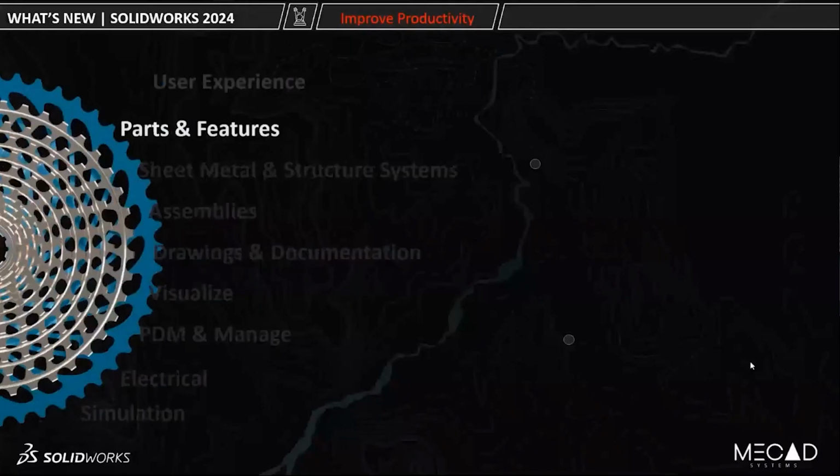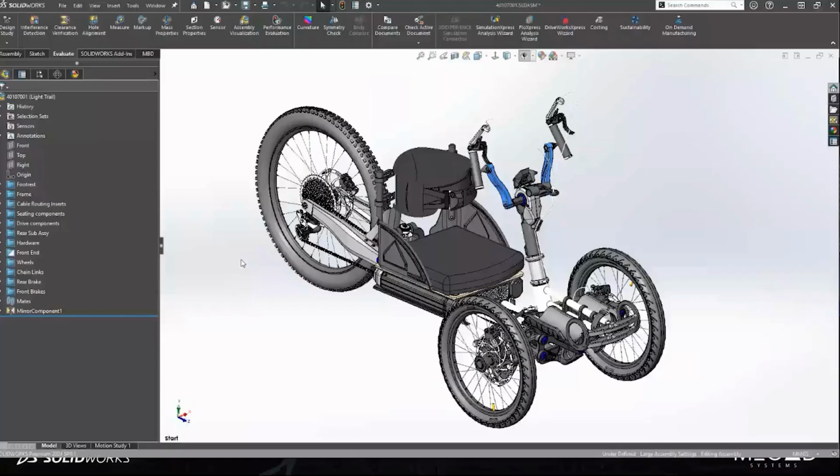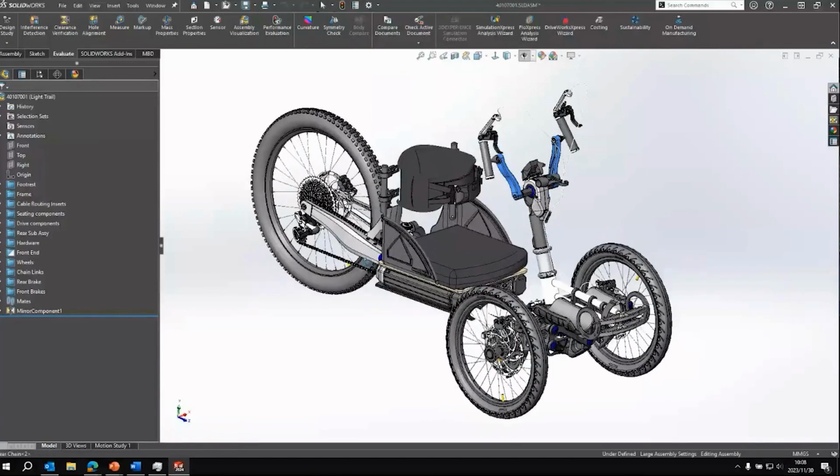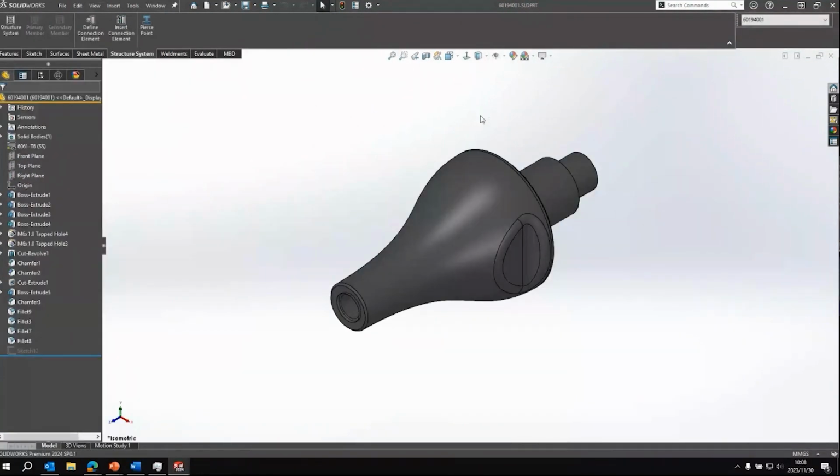So let's jump into parts and features. I'm going to show you a few things. This is our bowhead assembly that they were so kind as to let us demo, with all of the new features. One of the biggest things, I'm going to start with the biggest, is